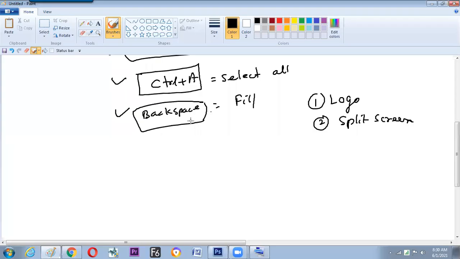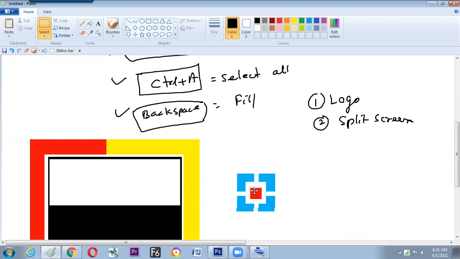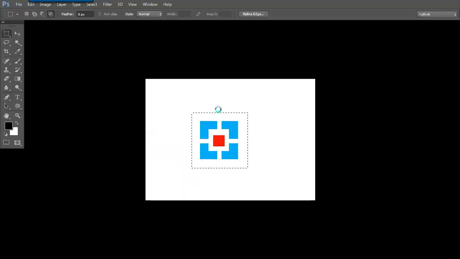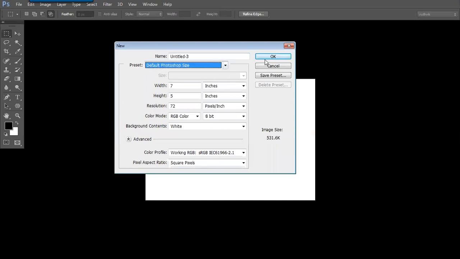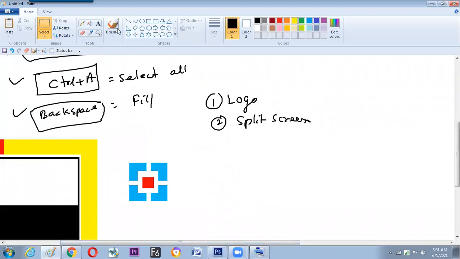So hope we have understood how to make a small screen, how to make the other screen is what? Logo. So everything I'm pasting over here. So this is the output we have learned. Let us make more and more designs. Control N, new file, default size, get it okay. Take the same rectangle. Fine. Drag it with shift. So catch. Now we'll be learning how to create different shapes.